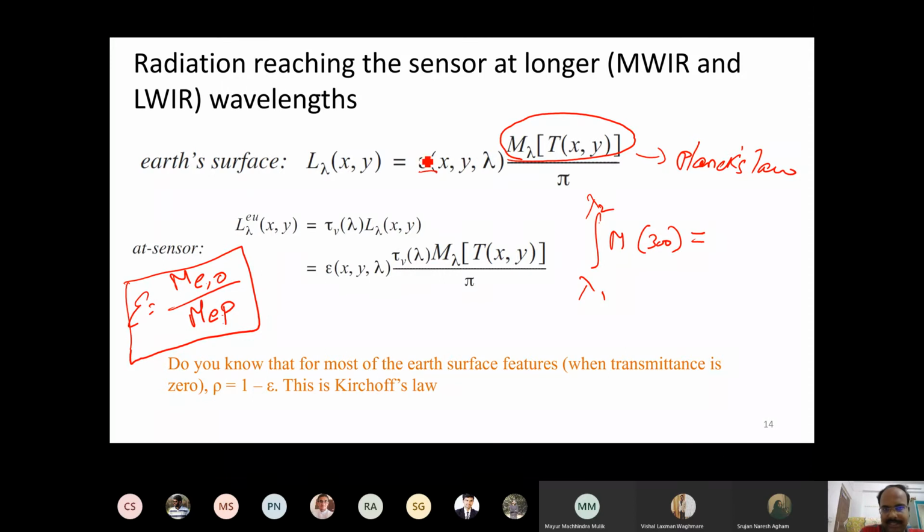So that is what is written in the numerator part. The numerator gives you what will be emitted by an object at a given temperature T in the corresponding wavelength. That's it. Emissivity is just introduced to account for the inefficiency of the object in emittance. And here also we are dividing it by pi